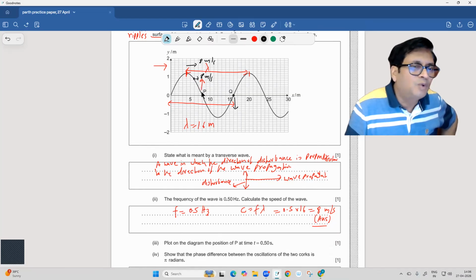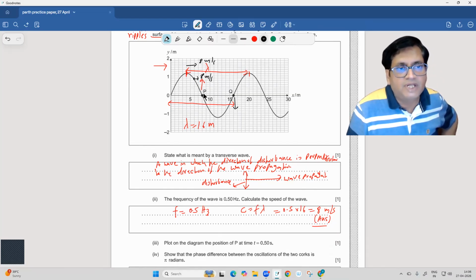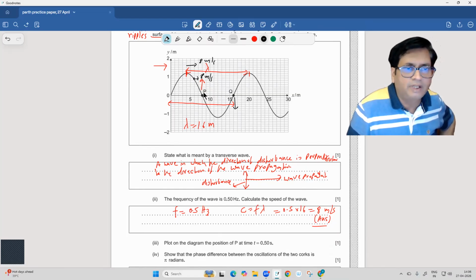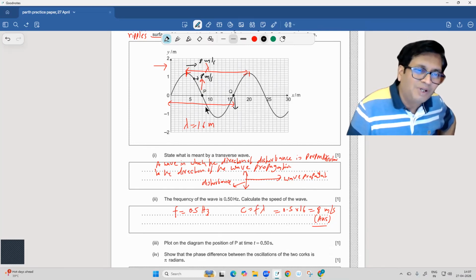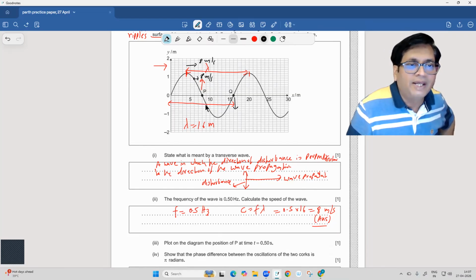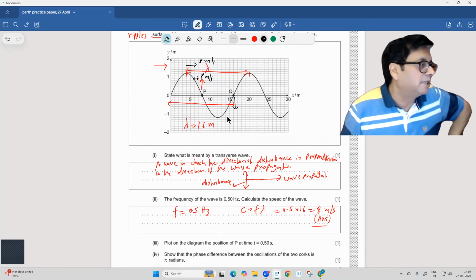ये पार्टिकल इतनी हाइट तक जाएगा, फिर वापस आएगा, फिर नीचे जाएगा, फिर ऐसे आएगा। ऑल दीज पार्टिकल्स आर डूइंग दिस। जैसे ये पार्टिकल टॉप पे है तो नीचे जाएगा। पार्टिकल्स सिंपल हार्मोनिक मोशन कर रहे हैं। मगर जो बीच में हैं, उनका पता नहीं चलता कि ऊपर जा रहे हैं कि नीचे। तो हम कैसे देखते हैं? अगर वेव राइट में जा रही हो तो पार्टिकल के लेफ्ट में देखते हैं, उसके लेफ्ट वाले पार्टिकल कहाँ हैं। अगर उससे ऊपर हैं तो पार्टिकल ऊपर जाएगा, अगर नीचे हैं तो नीचे जाएगा। ये अपने लेफ्ट वाले की नकल मारेगा, क्योंकि वेव राइट साइड में पहुंच रही है।